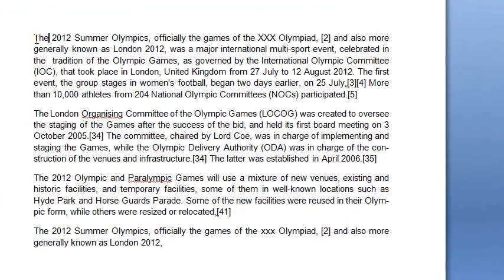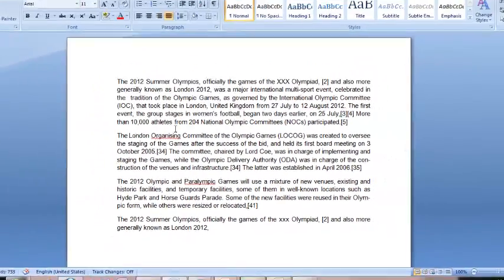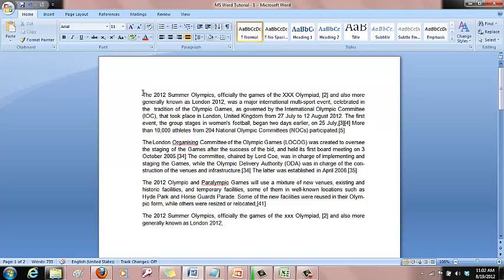If you want to know the font format and size of the particular text, you click near the text or on that text, you will see it here. So you see Arial and 11. That is the format of this text here. Now you want to change this to something else. For you to change it, you select